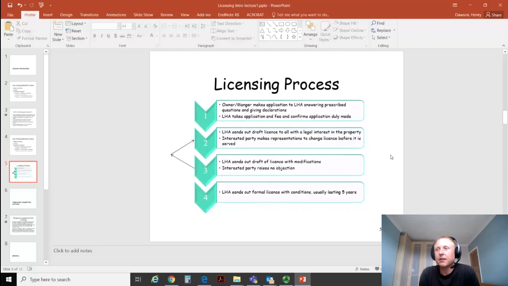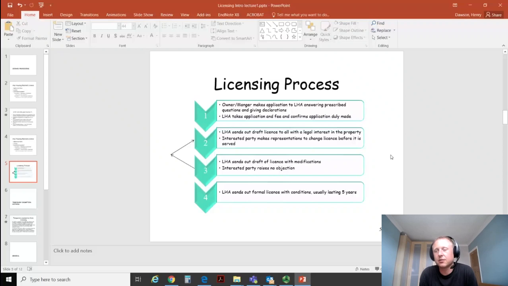If they disagree, if there's significant modifications that need to be made to accommodate that disagreement by changing the conditions of the licence, then the local authority has to make another draft of the licence with the changes added to it. There's then a further 7-day period for anyone with a legal interest in the property to raise further objections. If they do, and if further changes have to be made, then it goes through yet another round of drafts and of consultation before eventually everybody is happy, nobody raises objections, and then the local authority draft and